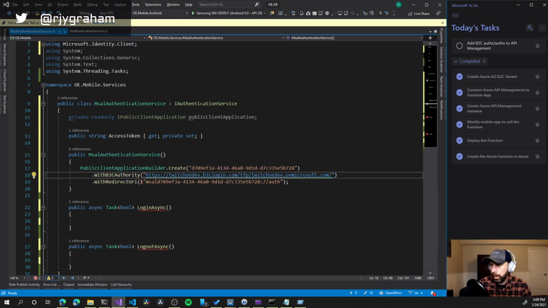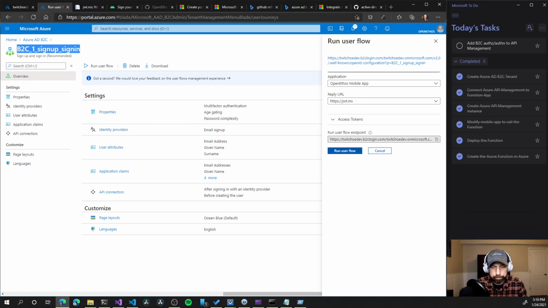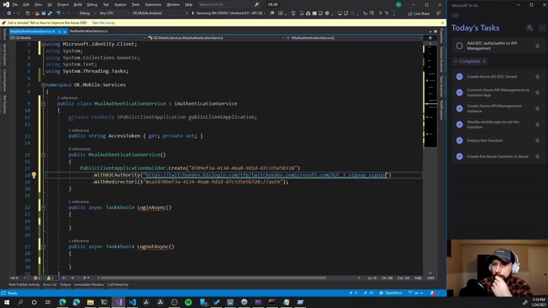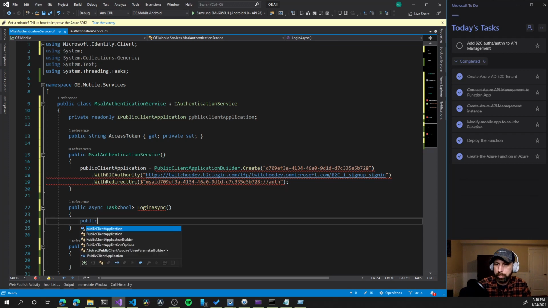That. And then we just need to grab our this. This is the name of our policy. That should be it. So we create that. So we need to assign this to that. And then down here, I think it's public client,